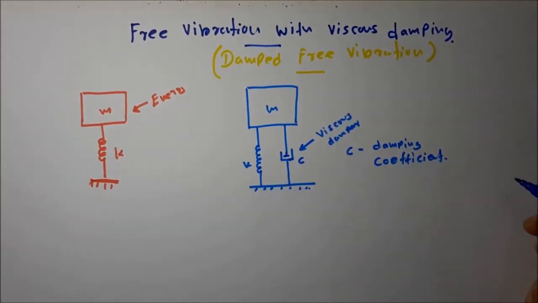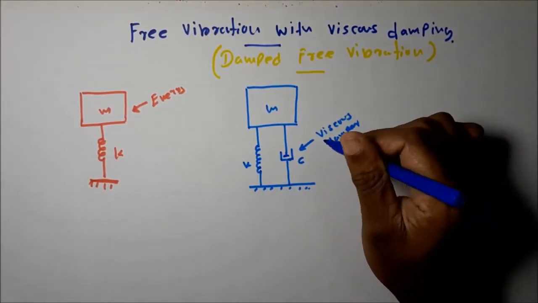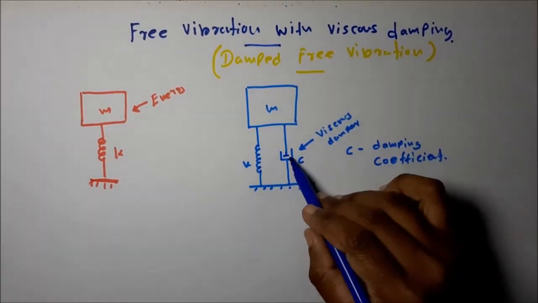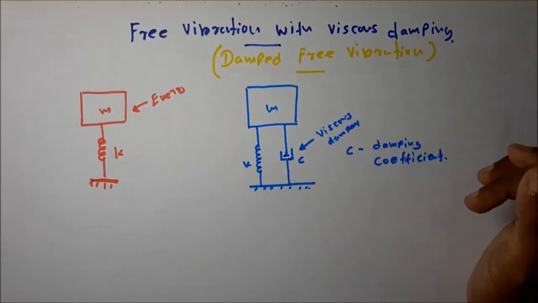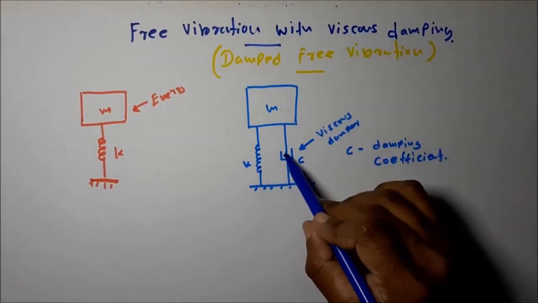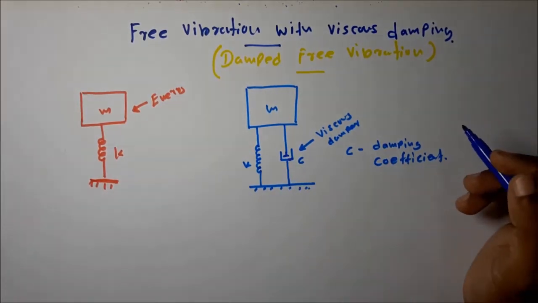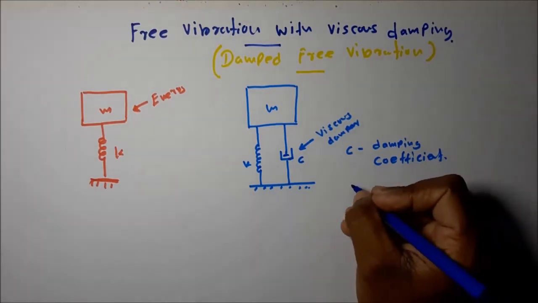Damping coefficient is a property of this viscous damper. That means the dashpot. It also depends on the fluid used inside this viscous damper, and it also depends on the surface velocity of the moving body. These things also matter. That means the